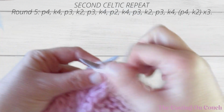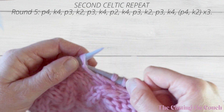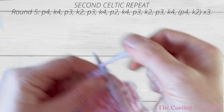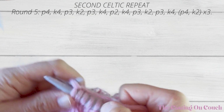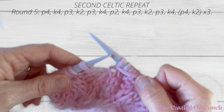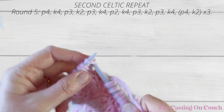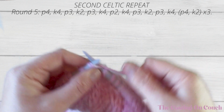and here we have another 3 purl stitches, 1, 2, 3, and a knit 4, 1, 2, 3, 4, we've got purl 2 here, 1, 2, and knit 4, 1, 2, 3,